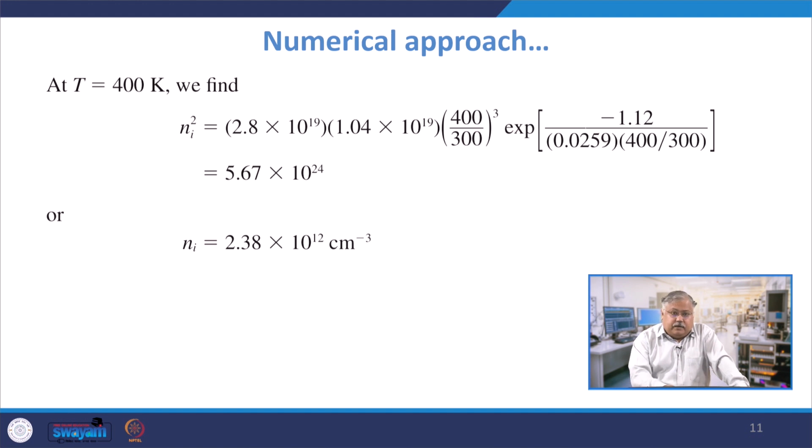This is for 400 Kelvin, and at 400 Kelvin you see a 2 order increase in the intrinsic carrier concentration, which means that if the calculations are done at a higher or lower temperature, the intrinsic carrier concentration itself would change. Though the equilibrium statistics will still remain the same, the intrinsic carrier concentration will change. Now, because we will be shifting gears from quantum mechanics and the density of states concept to basic MOSFETs, which I will take up just now with you,